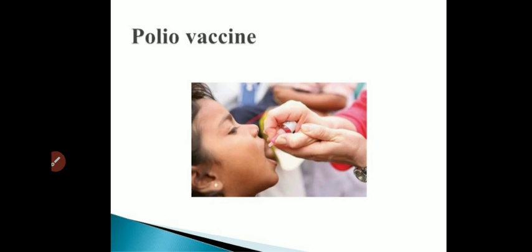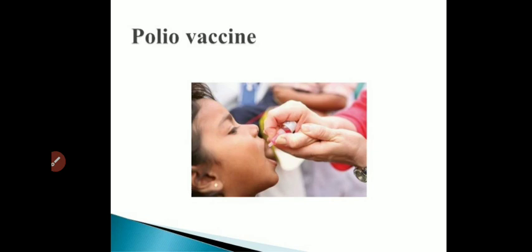Now, we have already started in the last session regarding the polio vaccine, in which we have already studied what is polio, and how polio or poliomyelitis is caused. Then we were studying the different types of polio vaccines. We have already seen that there are two types of polio vaccine. The first one is the inactivated polio vaccine, which we studied in the last session, and the second type is the oral polio vaccine, also known as the Sabin vaccine, that we are going to learn in this session. So let's start.